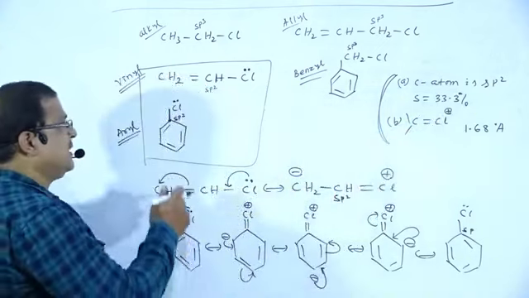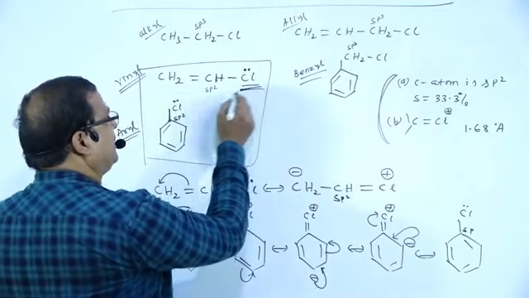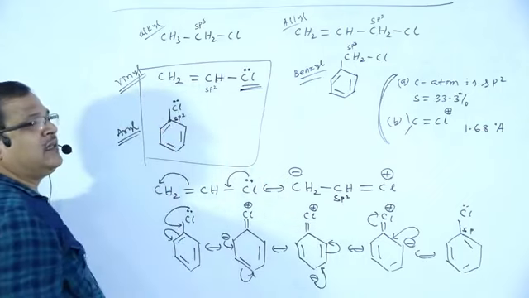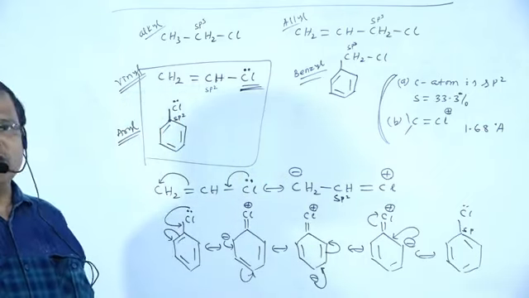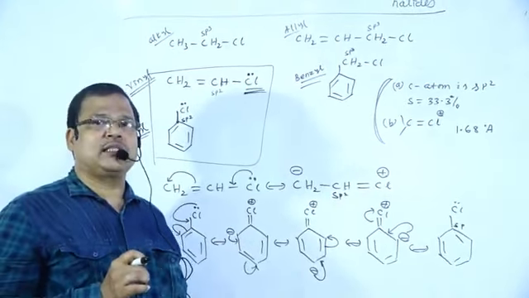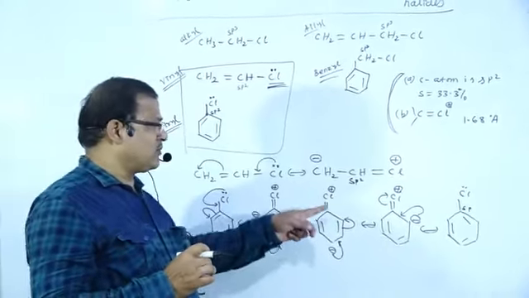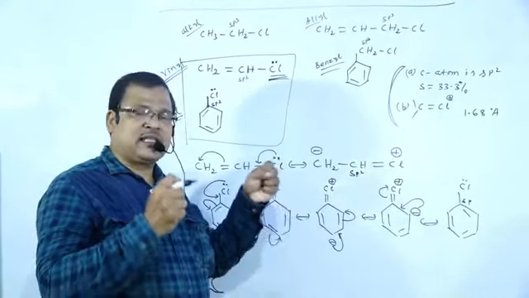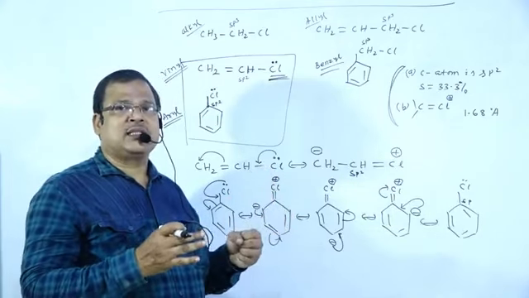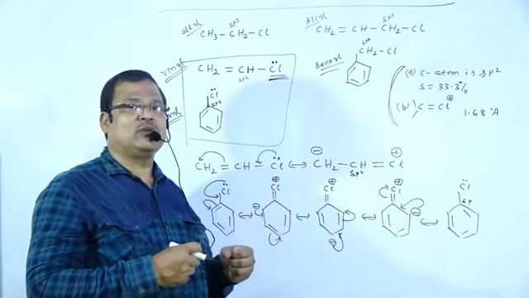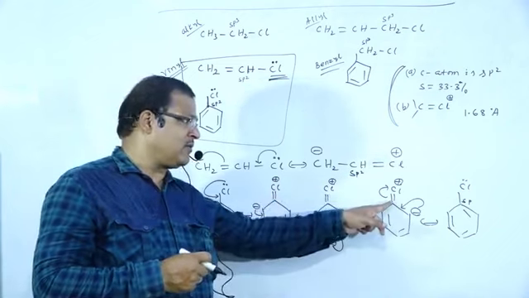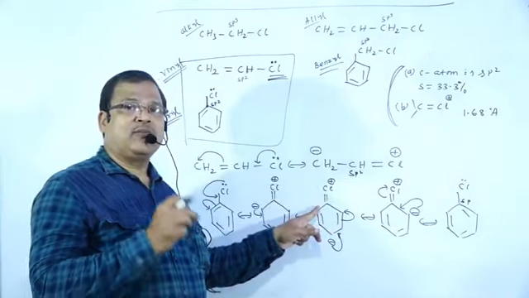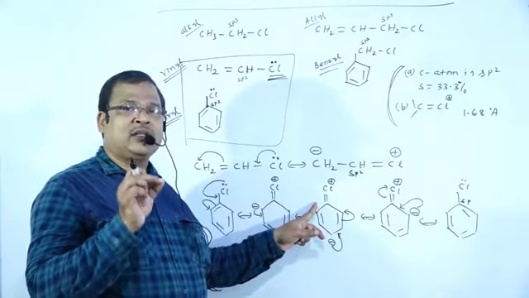In this case, the chlorine atom attached to the sp2 hybridized carbon atom, in the case of vinyl or allyl, is inert towards nucleophilic substitution reaction, because the bond strength is more. With the development of double bond character, the bond strength is more, the S character is more, and the bond length is less, therefore the bond strength becomes more.